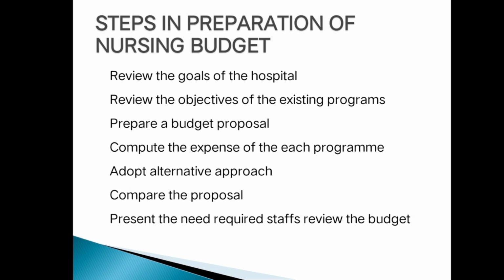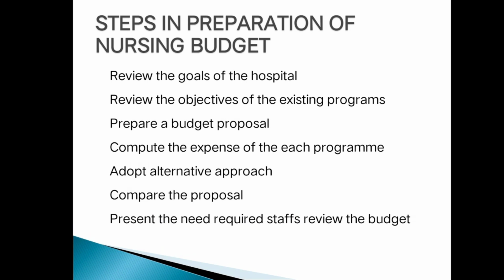So first of all, before planning the budget, we will see the goals of the hospital. For example, the goal of the hospital is to provide continuing or comprehensive care for cardiovascular diseases. It means our budget is mainly focused on the equipment for diagnostic purposes, or whatever functions we are running in the hospital. It is mainly based on the goal. So based on the goal, the budget is prepared.